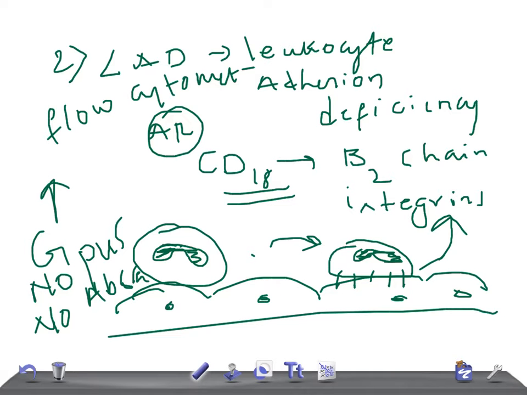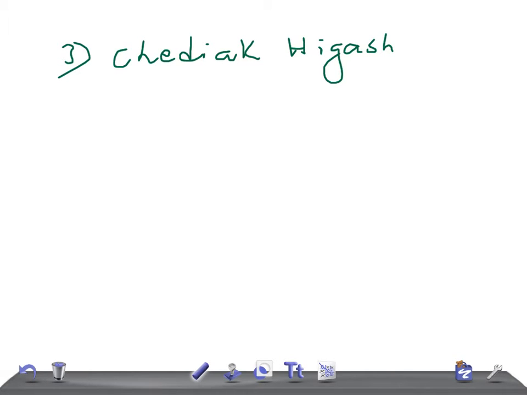And let's talk about the least important diseases for USMLE. One, we have Chediak-Higashi syndrome, okay, where there's a granular structural defect, okay. What's the importance in this, just for USMLE, try to look for partial albinism,